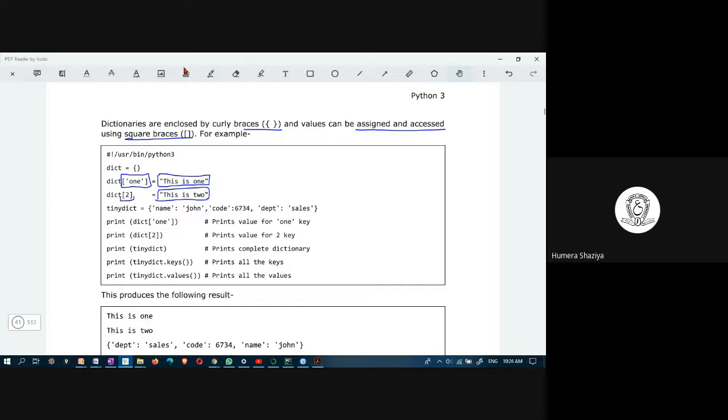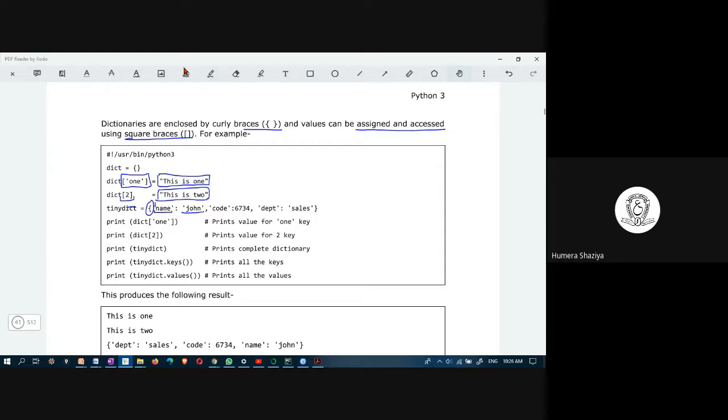To create a dictionary and initialize the value in the same statement, this is the syntax. You open curly brace, and then this is the index name, within single quotes, colon, and this is the value. So this is known as key value pair.